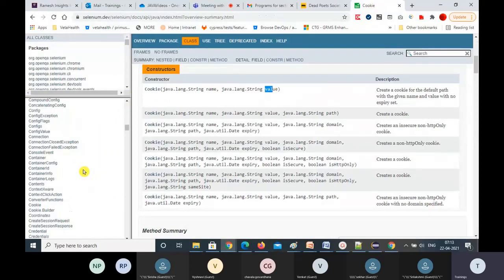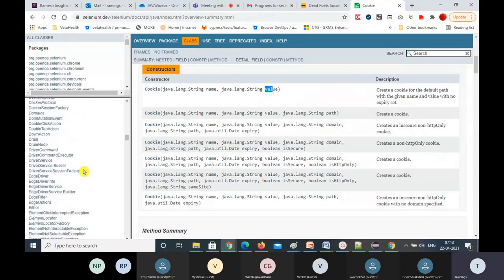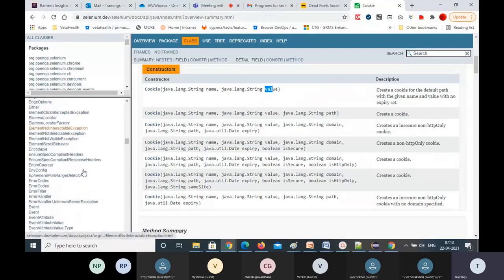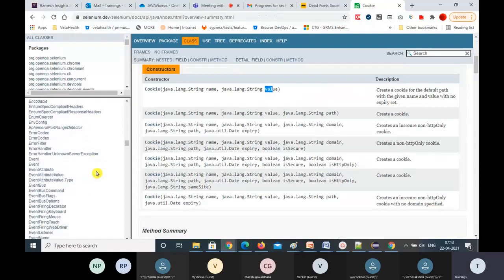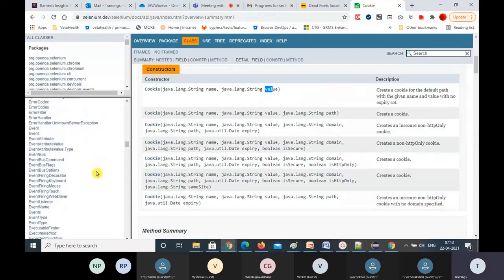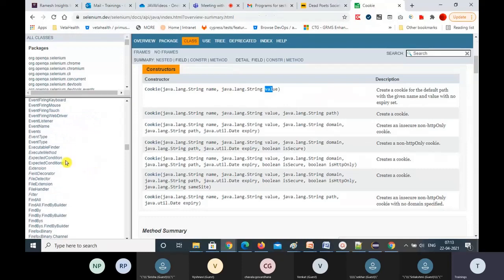That is another interface, and it provides the executeScript method. Basically, the JavaScript executor allows us to execute JavaScript code in Java Selenium. So the interview question: how can you execute JavaScript code in Java Selenium using the JavaScript executor interface?